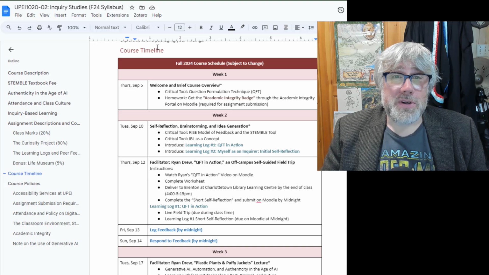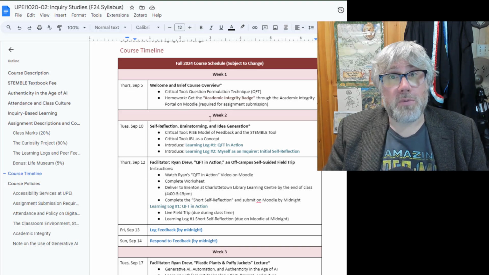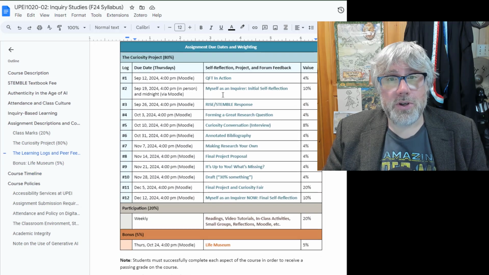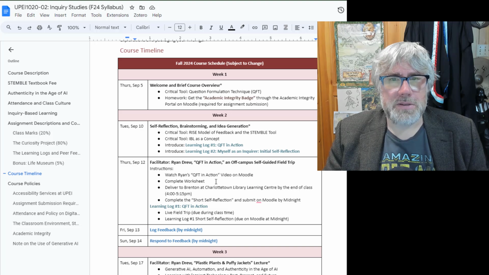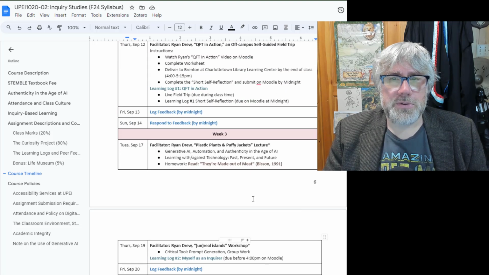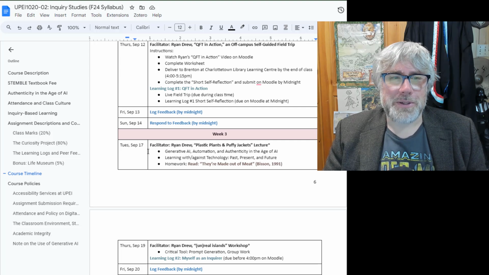Anyway, a course timeline for those of you who think in this kind of way, a week by week thinking, or you could make this into a checklist. I think either way, whichever way you learn best will work for you. And this runs through the 13 weeks of the class. And so I hope that can be helpful to you. Sometimes the topics will change, but it's usually a pretty good sense of what we're doing.